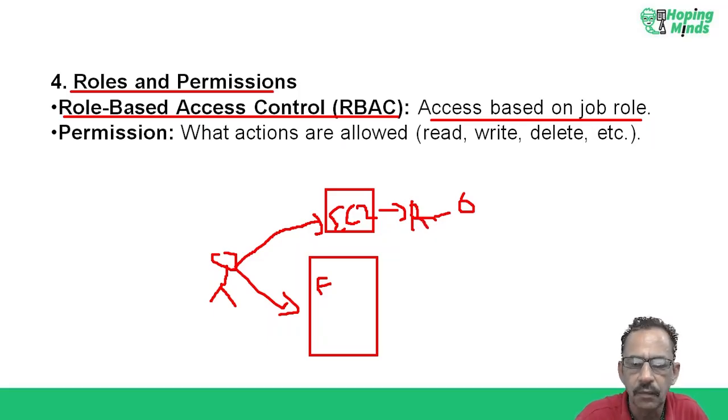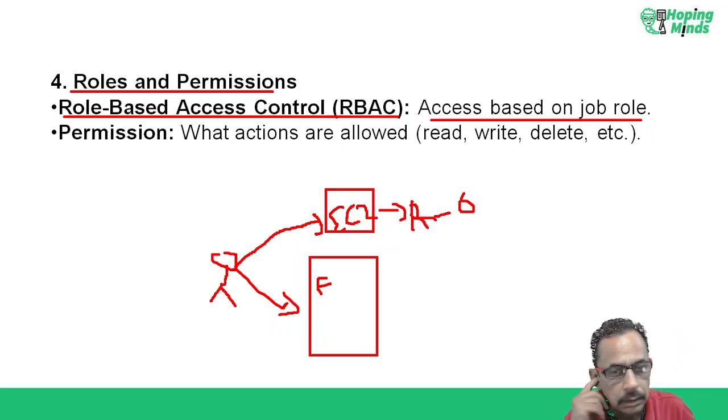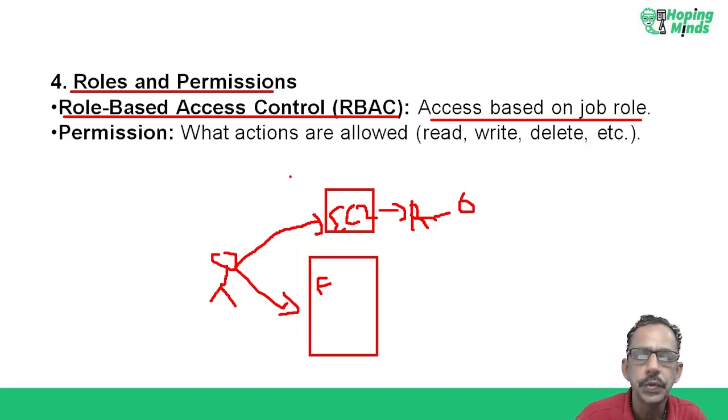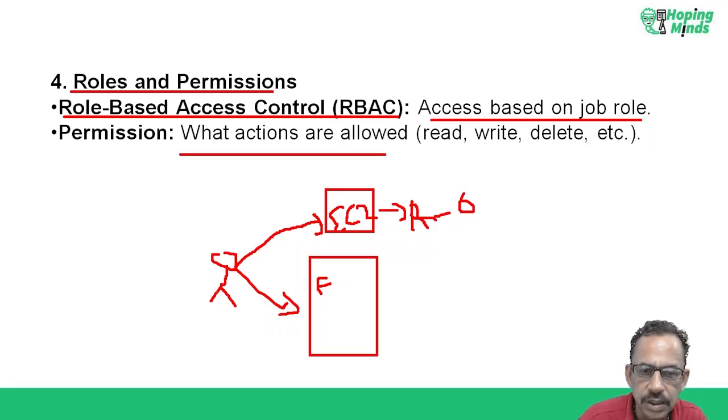Just keep listening to the words, don't go with the writing. That is possible with the mouse. Okay, so role and permission: a specific role-based permission defines what actions are allowed. As I told you, this user has full permission on the database, but on EC2, he has only read-only permission.